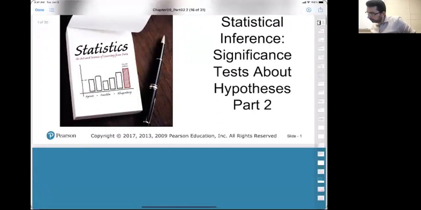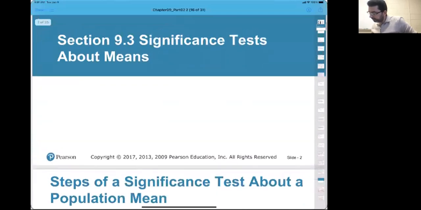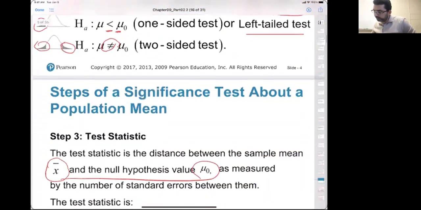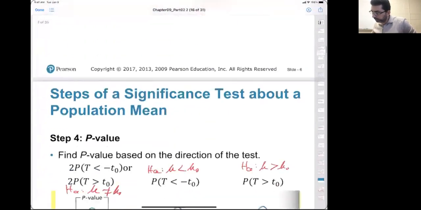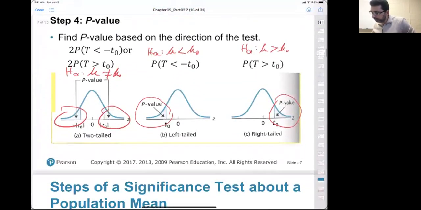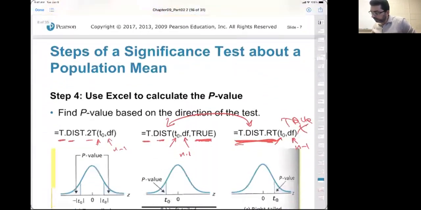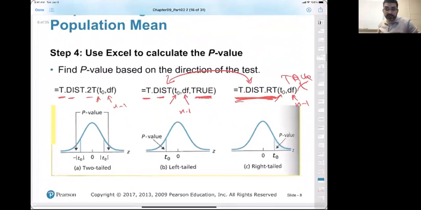I think this is, oh yes, here. So here in chapter number 9, the second part, you will find the Excel functions you need to calculate the p-values based on, of course, the direction of the test, if it's left-tailed, right-tailed, or two-tailed. So as you can see here,